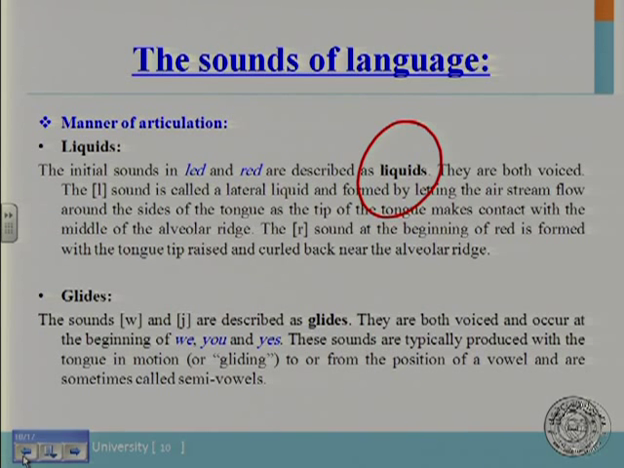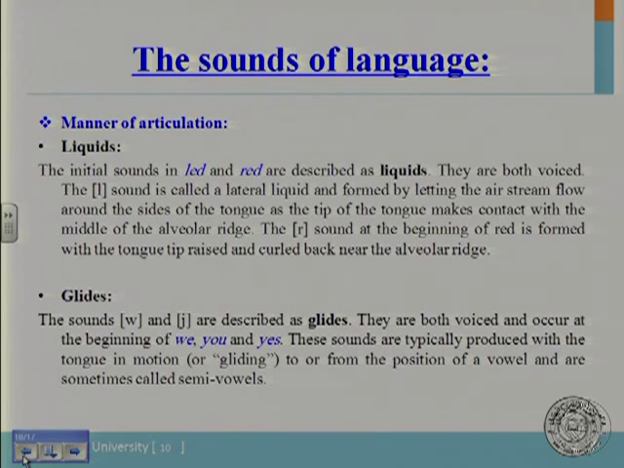The l sound is called a lateral liquid. Why is it called a lateral liquid? Because the air goes out of both sides. When we say l, there is a blockage of the air by the tongue. The tongue touches the roof of the mouth, and we can feel that the air passes out of the two